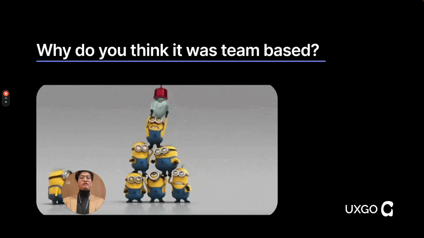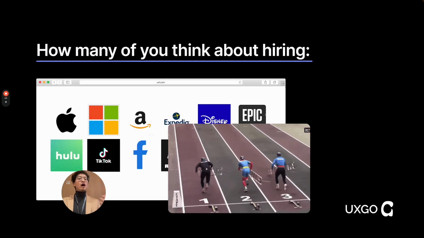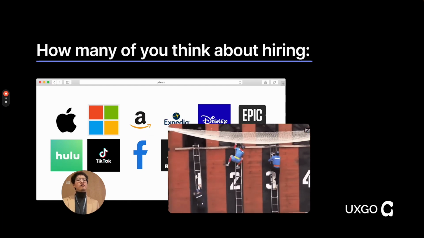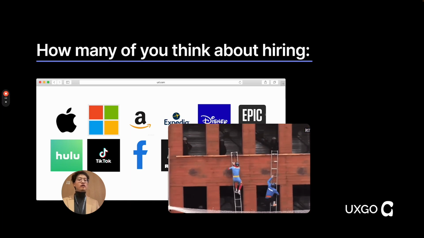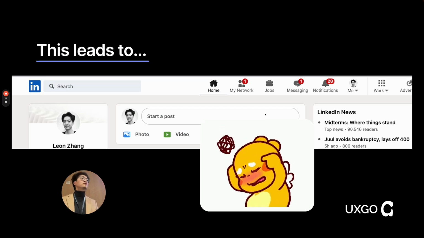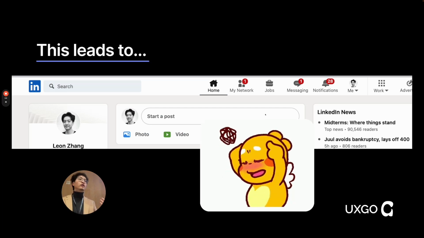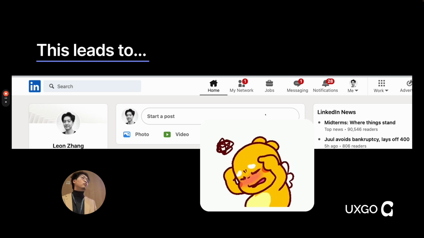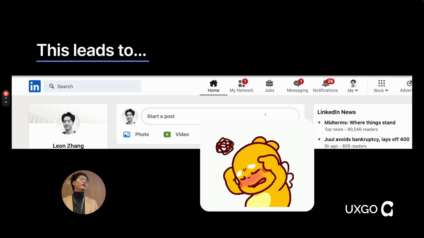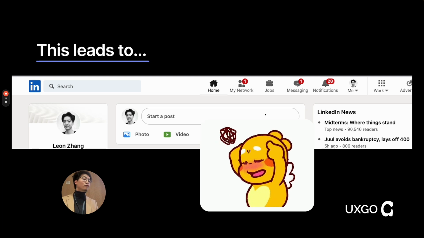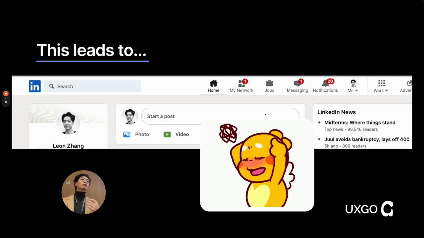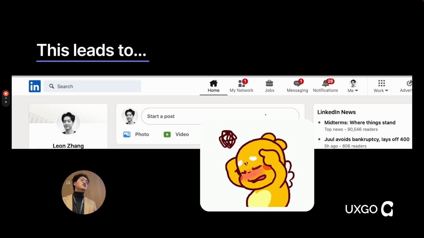And the reason why a lot of these were team-based is a lot of people and students at different campuses we've seen, worked at ourselves, coached, they think about hiring as this very cutthroat competition, which to a certain degree it is, right? And one thing I always tell my students is this leads to a lot of really annoying moments, most of which is when you go on LinkedIn and you see people share, hey, I'm so happy to announce I'll be joining blah, blah, blah. Like, yeah, I want to give a shout out, and it's a little bit obnoxious. Of course, you can share your highlights, your celebration moments, and things like that. But what this really tends to drive is just unnecessary stress and anxiety.